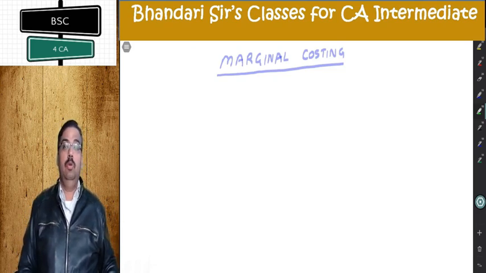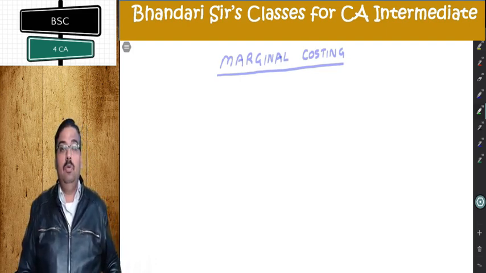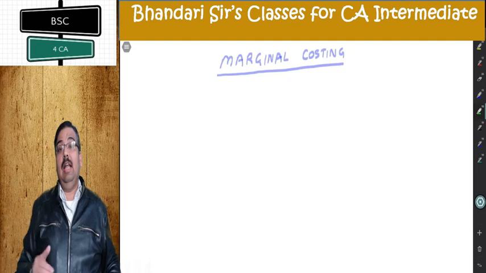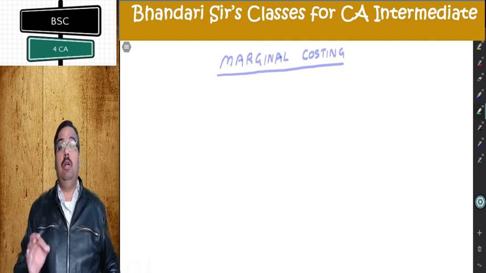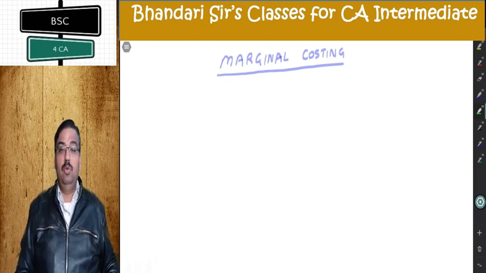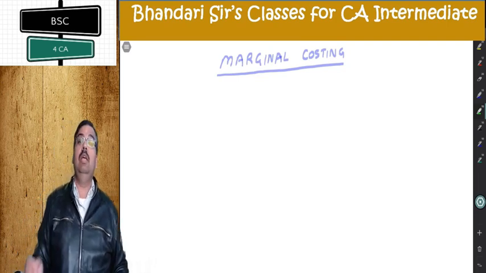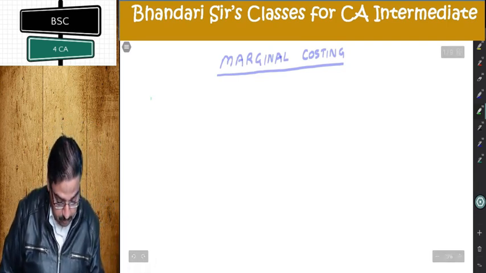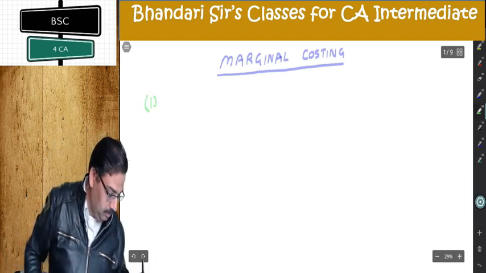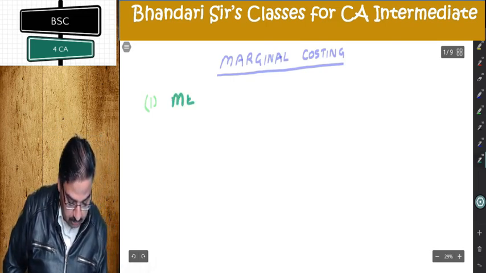cost. Now, marginal costing is a technique which analyzes that additional cost for the purpose of our decision making. It's a very important technique for decision making purpose. Lots of basic concepts there which we'll be understanding today. So I start with the first concept there. The first concept you're writing with me is meaning of marginal cost. So first point you can write along with me is meaning of marginal cost.